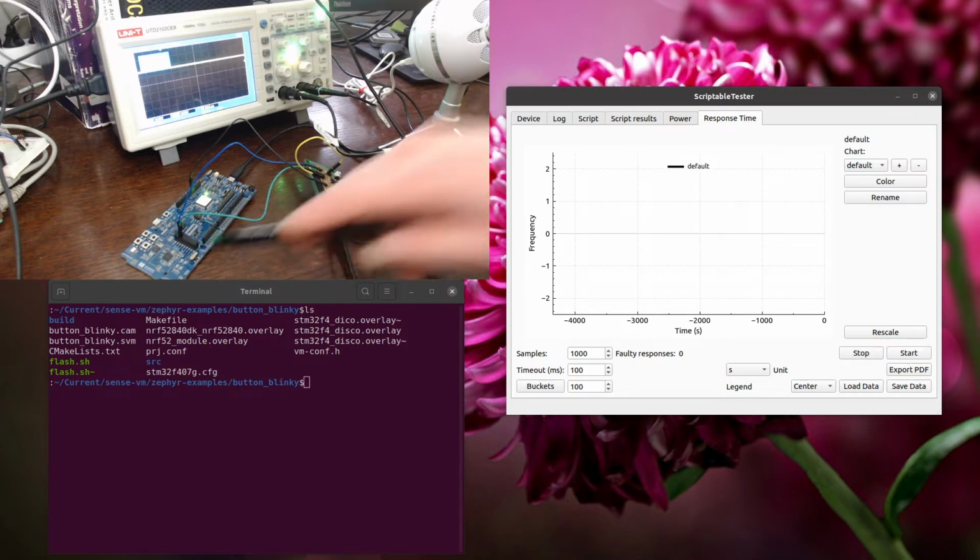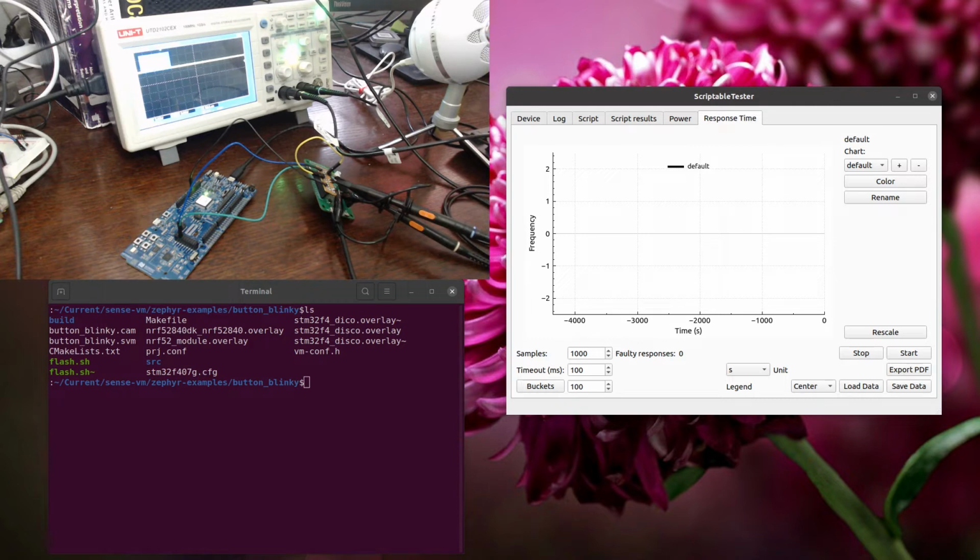We're going to flash a program onto there, which is the button blinky program written in SenseVM, and that program listens for a button press and mirrors an LED to the state of the button. So if the button is down, the LED is on, and if the button is up, the LED is off. And for testing purposes, we are interested in seeing how long it takes between the button going down and